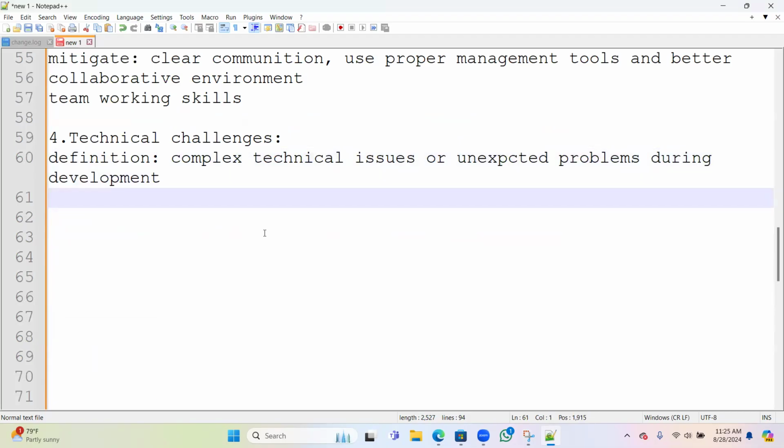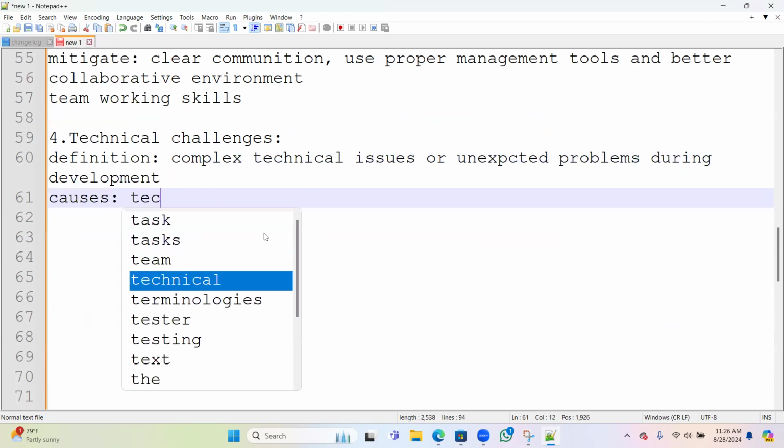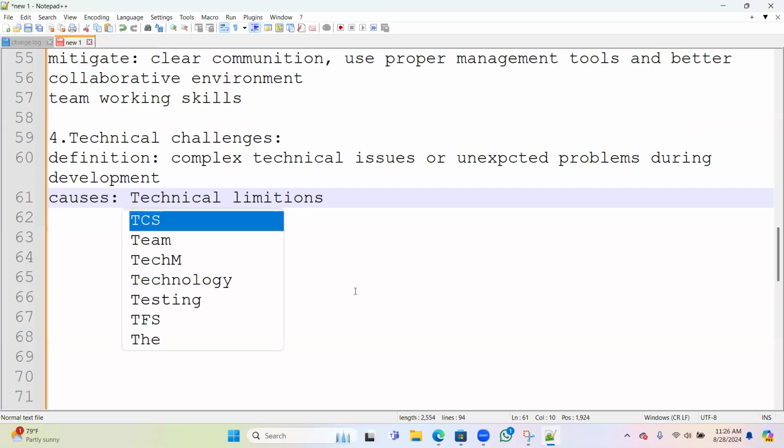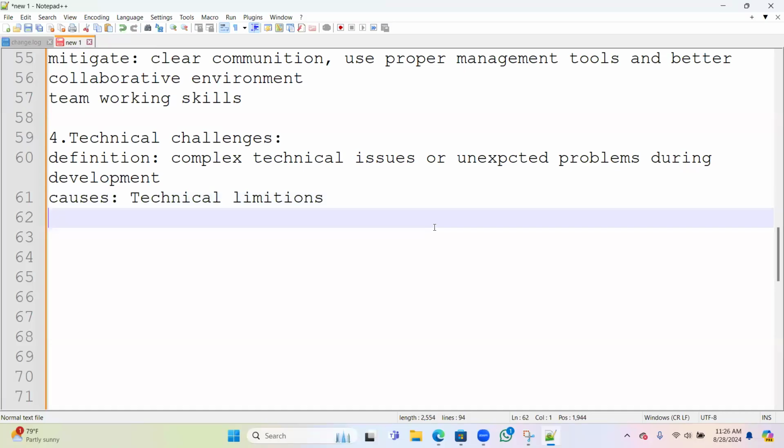For that, what we can do? Generally the causes of technical limitations: we don't think so far or further. We might be thinking only about the present. Like I'm building something, I don't know how it will work in the future.